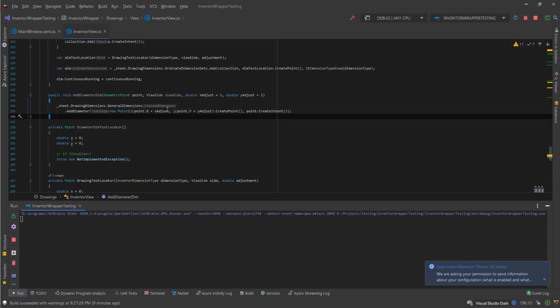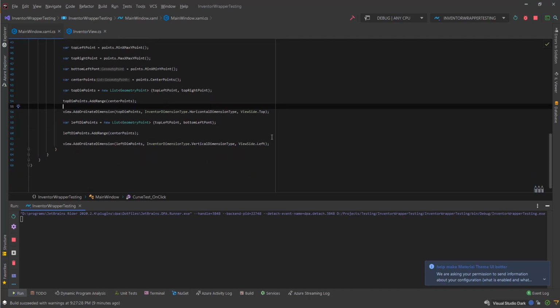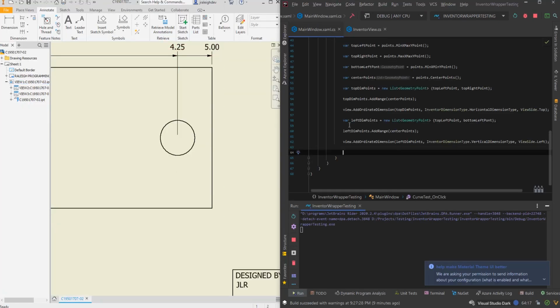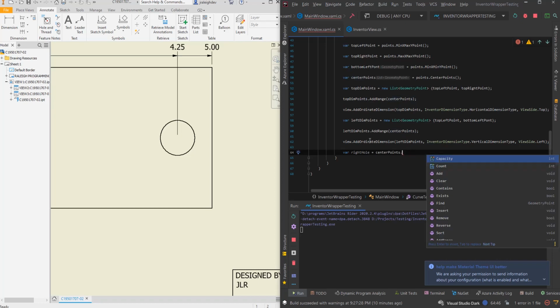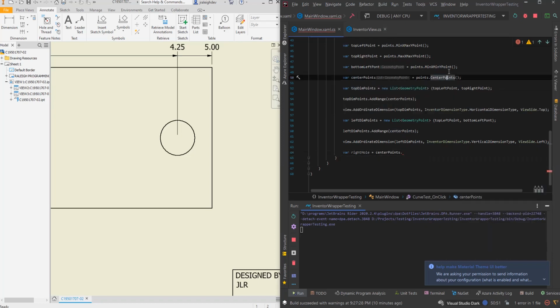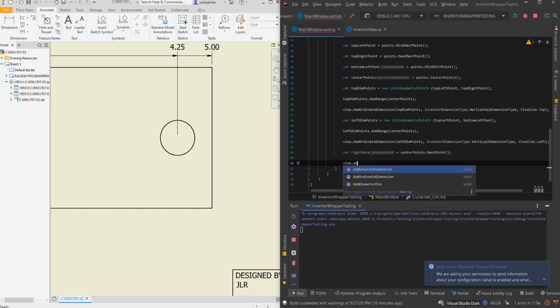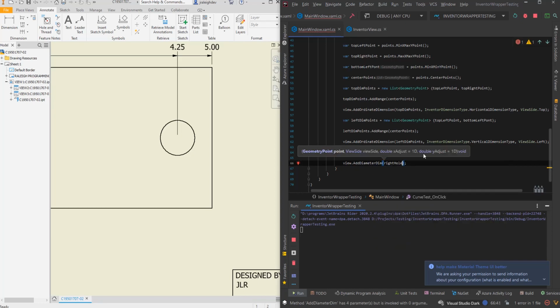Okay, so I think that'll handle what we're wanting to do here. So let's go and test that out real quick. We want to put this dimension on the right side. So we're going to say var rightHole equals centerPoints.Get, the max x point. So that'll give us the right hole. And now we're going to say view.AddDiameterDim, and we're going to say rightHole, and let's do,